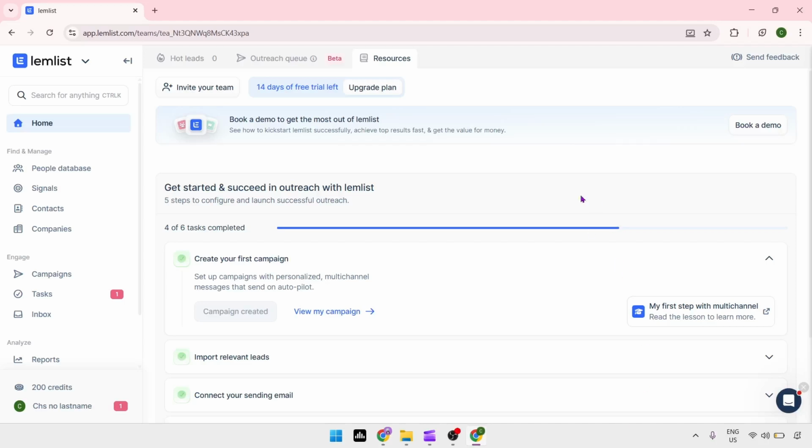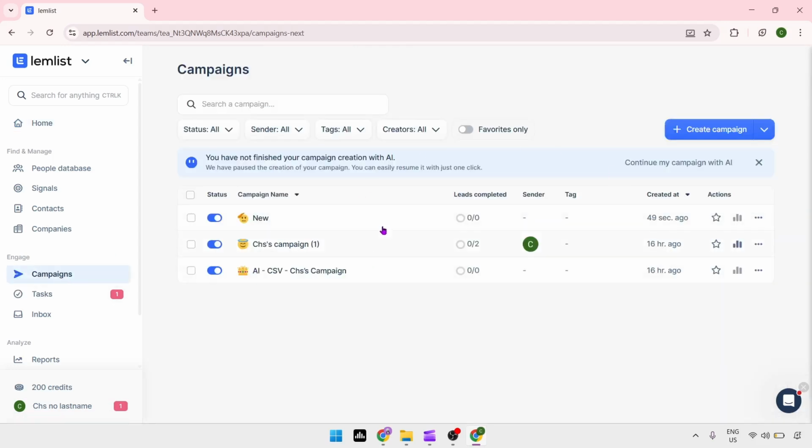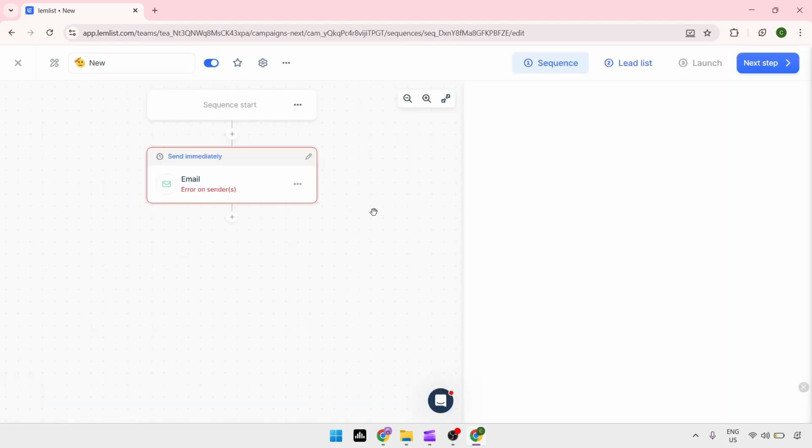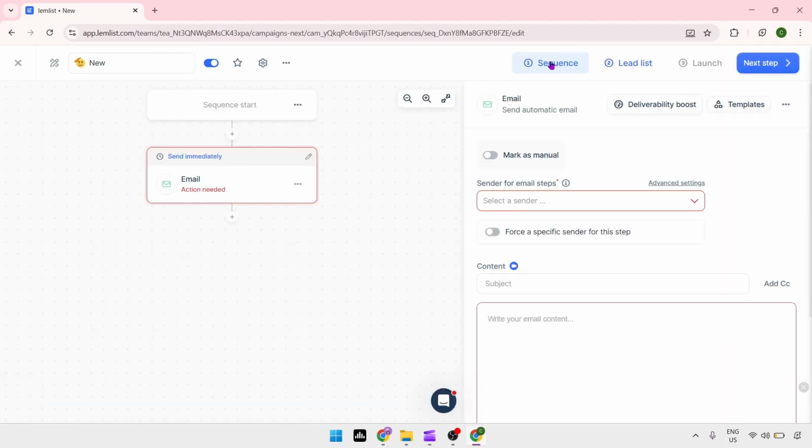In today's video, I'm going to show you how to set up a follow-up delay in Lemlist. So first, in the left panel, head over to campaigns and here open up the campaign you would like to edit. Then next, at the top, head over to sequence and once inside, locate the email step where you want